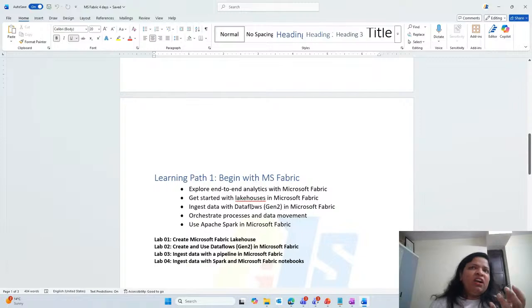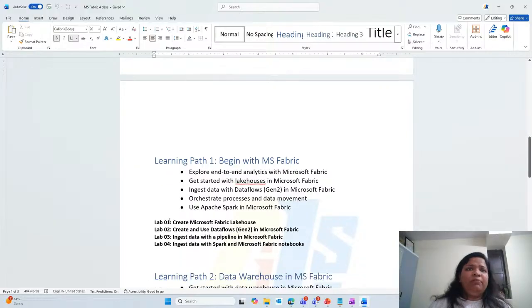I have already given some pointers today, that lakehouse is there, how it looks, we have even seen it. Dataflow is there, data pipelines are there, so we can work with that. Practically you will be exploring the platform. So getting started with lakehouse, ingestion of the data using the dataflow, working with Spark, all these things are there with the lab experience.